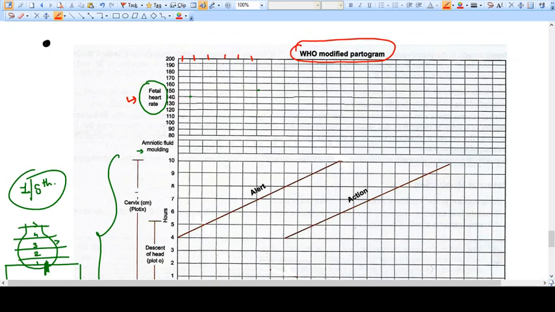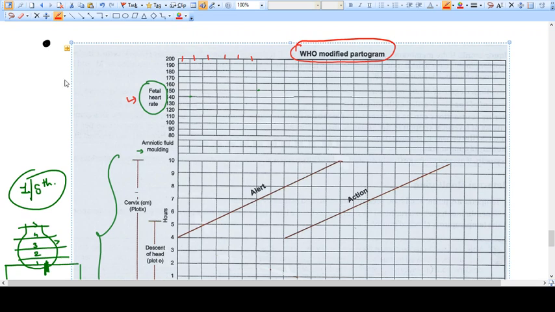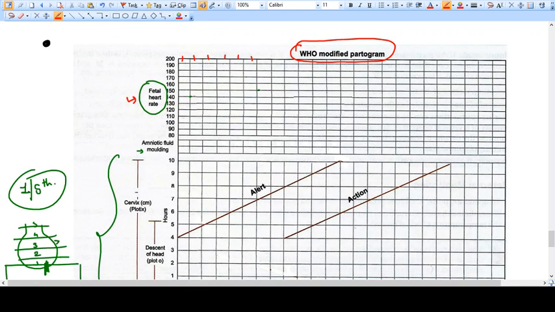For example, when the patient is in active labor, if it is a high risk patient, then you need to check the fetal heart rate even at 5 to 10 minutes. But if it is a low risk patient, you need to check the fetal heart rate at 15 minutes or 30 minutes. Okay, see, I have seen the patient here and I am putting my finding at 140. You see here 140, then it was 150, then 150, then 140, then 150, like this. So this makes the fetal heart rate chart.